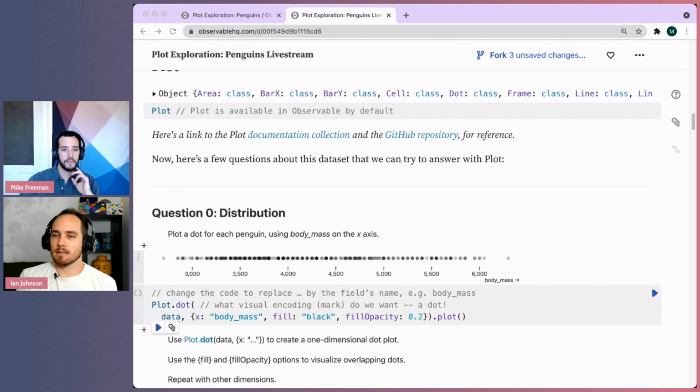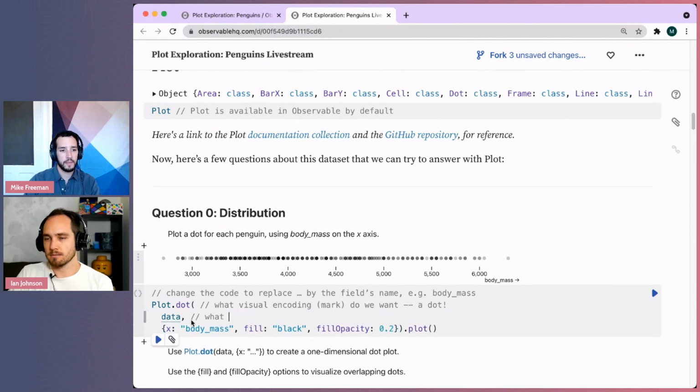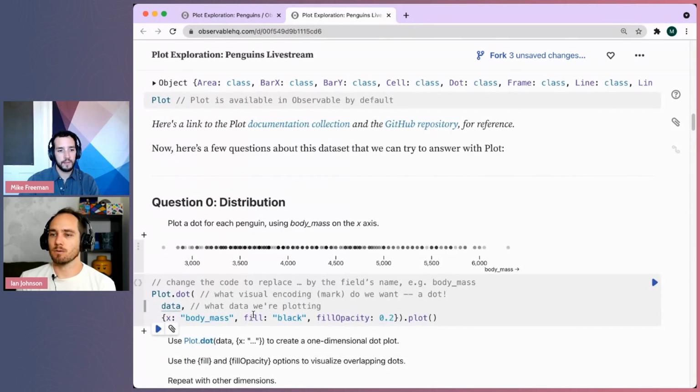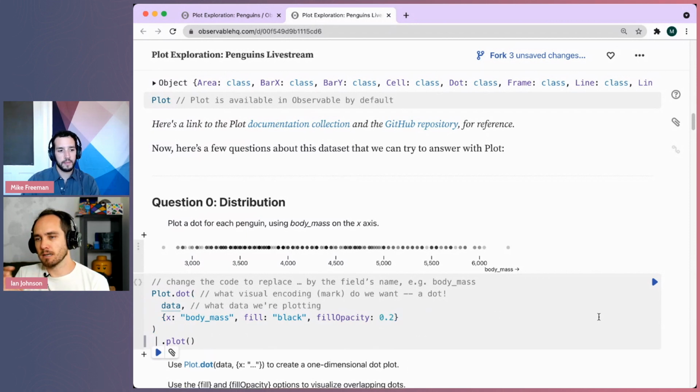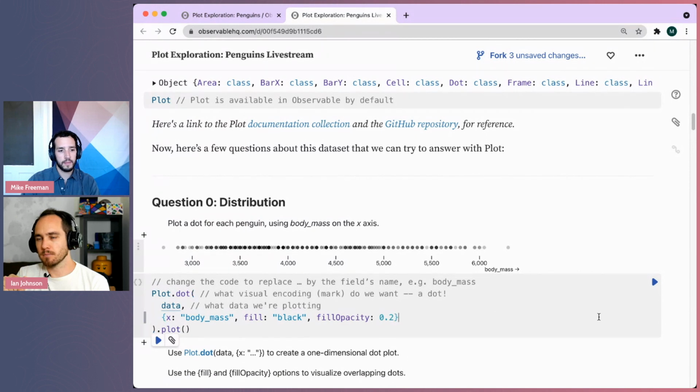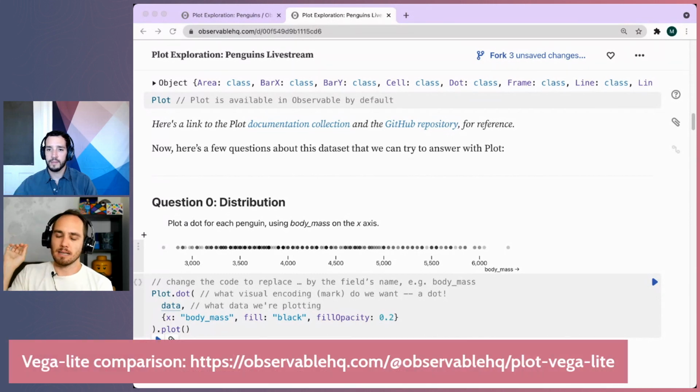And then there's the data. So we tell it we want to plot this data, right, with this mark. But we have to tell it a little bit more, like where we want to put those marks. So the X property, and anyone familiar with D3 may recognize this pattern a bit. I believe Vega-Lite as well, which reminds me that we have a couple of articles we'll have to share in the chat about how Plot is related to those two. Anyway, I digress. X is telling